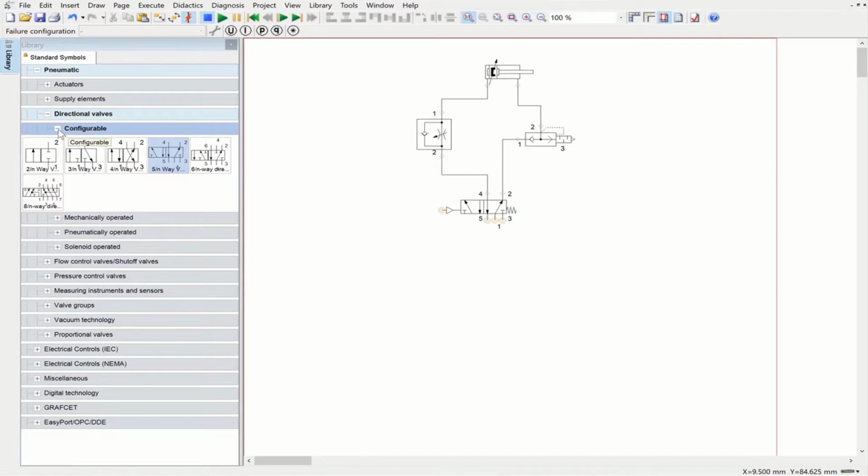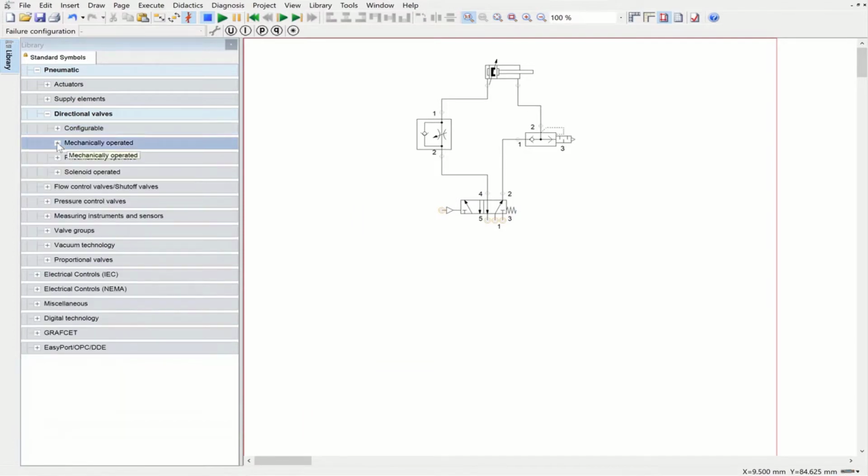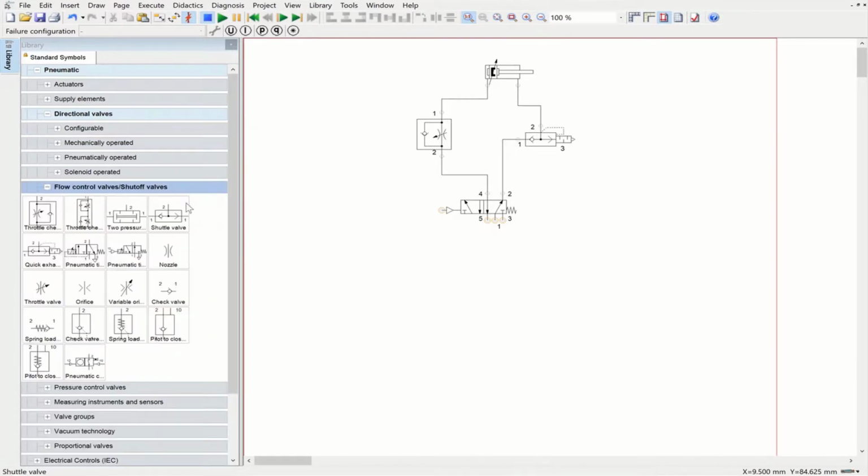And then we need to bring a twin pressure valve, because as you might remember, we had a combinational valve, right? We need to have a combination of actuation in order for the system to start operation, right? So what we are going to do is bring a twin pressure valve from flow control valves. So this is the twin pressure valve, and the outlet port should be connected to this pneumatic actuation of this